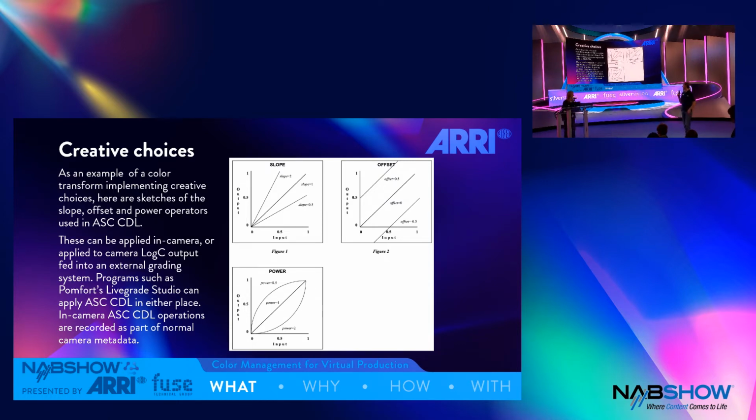Okay. I don't really like reading slides, but I'll do so. As an example of color transformation implementing creative choices, you can see some ASC CDL. They, in ARRI cameras, are applied to LogC. Historically, that was a little different, but now we're doing that. In the future, we may do something different. But